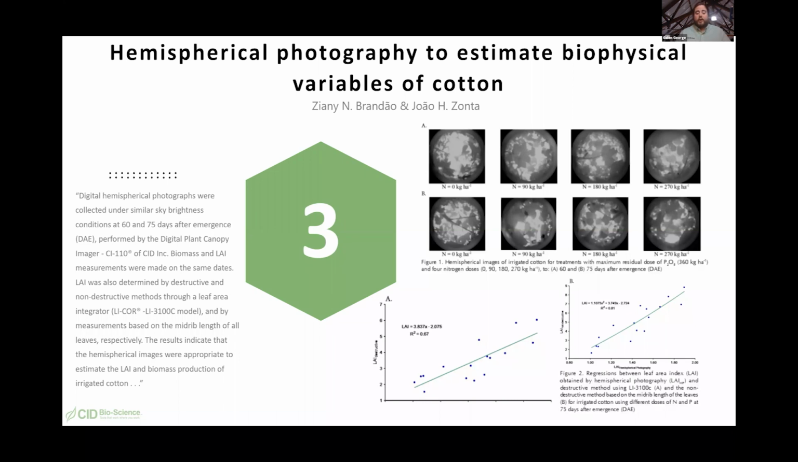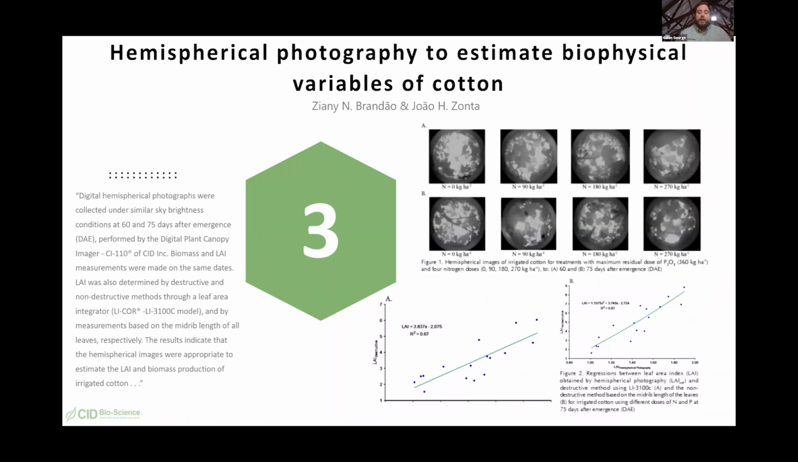So using the Licor LI-3100C, after measuring with the CI-110, they went and removed all the leaves and ran them through the leaf area meter from Licor. And then they also did classical measurements based on the midrib length of all the leaves. So comparing those methods, basically trying to assess the quality of the hemispherical photos versus the classical destructive methods,